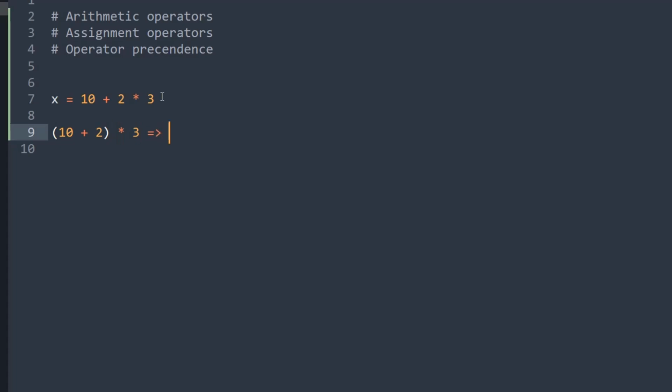So what will be the output of this? 10 plus 2, 12 multiplied by 3. This is 36, correct? And